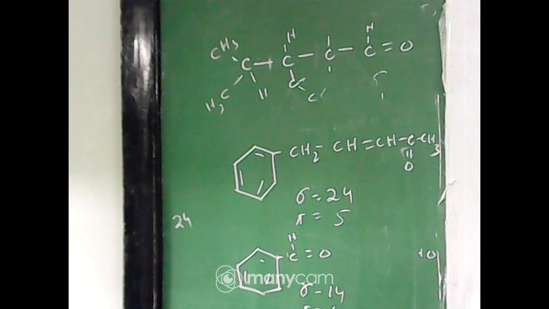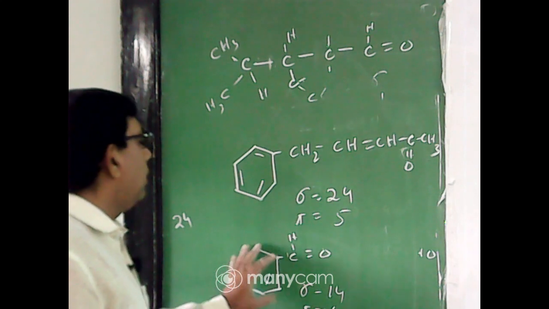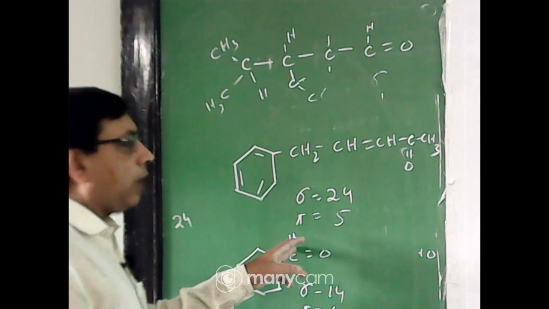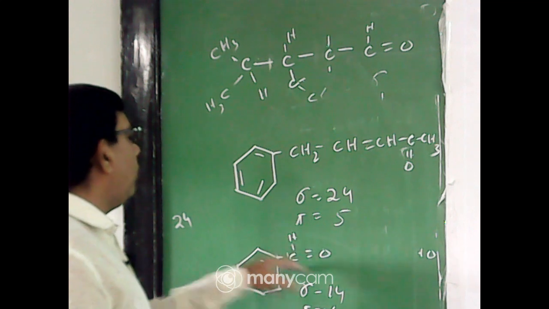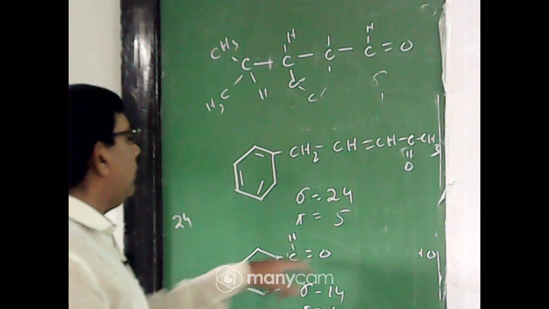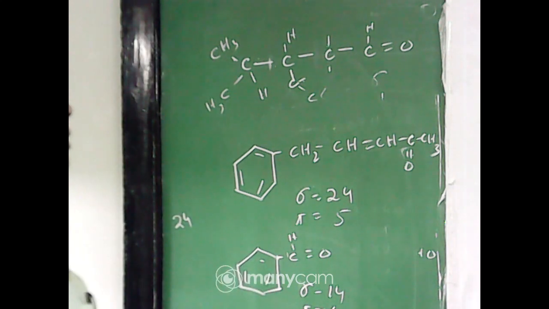Hello, this is the compound you have given in the picture. The answer will be sigma bond 14, pi bond 4. No, the wrong answer. One benzene ring, simple calculation, one benzene ring means 12 sigma, and here CH, so 13, and here 1 sigma, 14. CHO, so carbon satisfies the 4 bonds. And pi bonds: benzene ring pi bonds 3, here pi bond 1, so 4 pi bonds. That will be the answer, 14 sigma and 4 pi, okay.